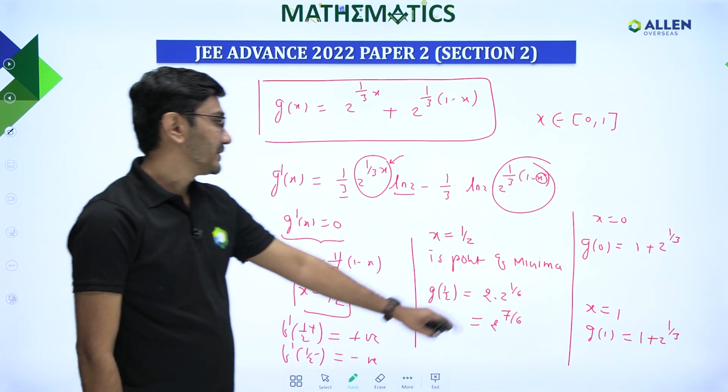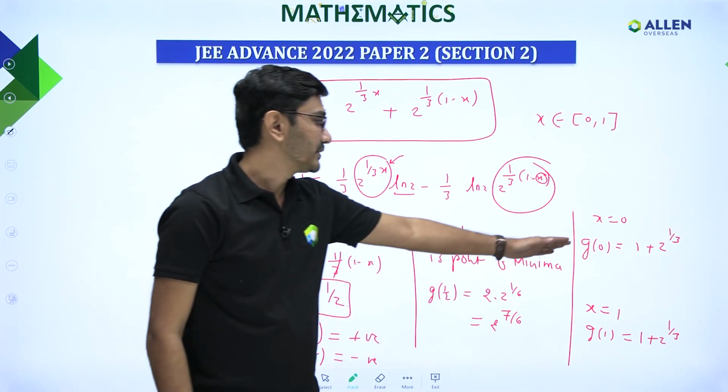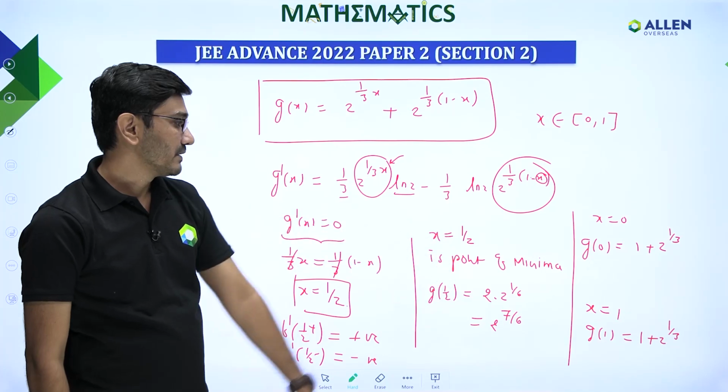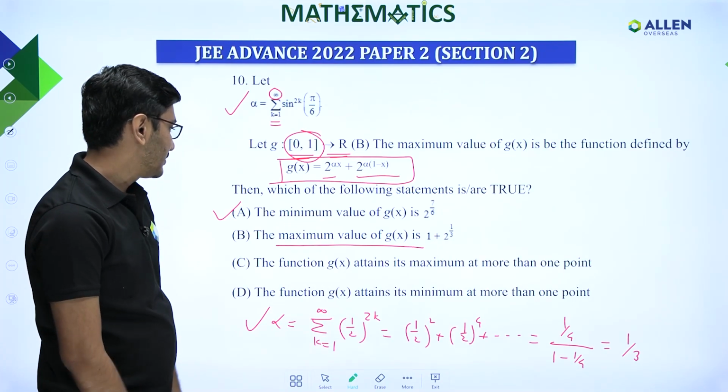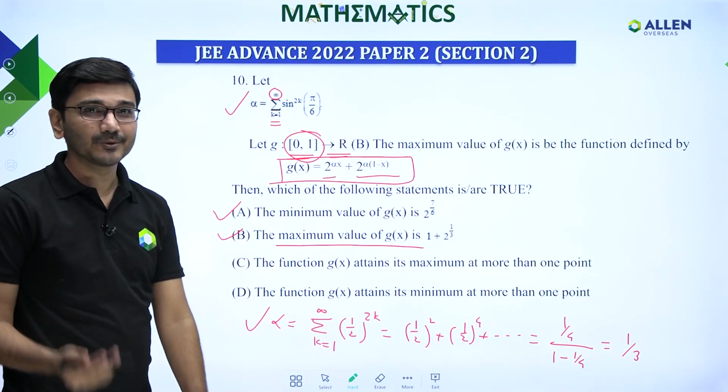So, definitely these values are larger than 2 raised to 7 by 6. So, I am getting maximum values at the extreme points of the domain, and those are 1 plus 2 raised to 1 by 3. So, come back and see whether this option is correct or not. The maximum value of g of x is 1 plus 2 raised to 1 by 3, that is absolutely correct,